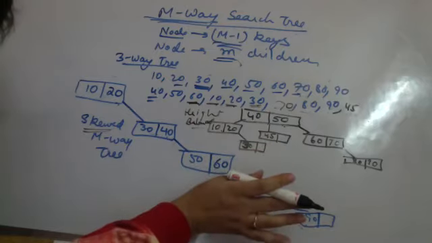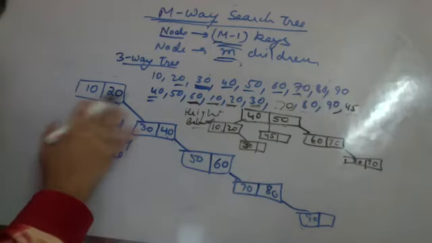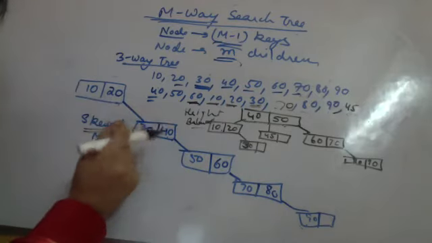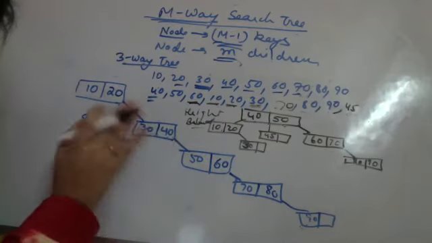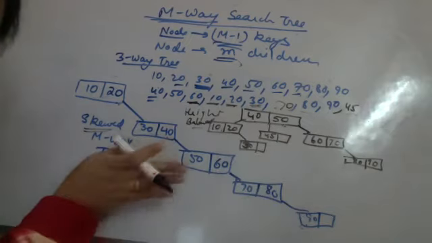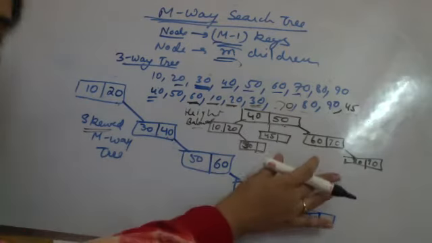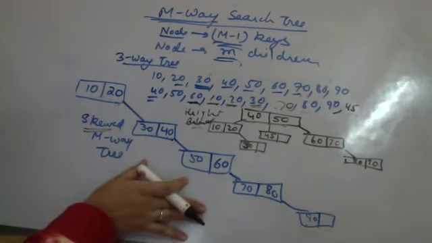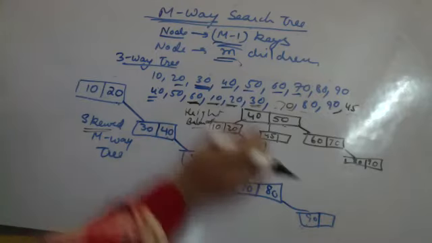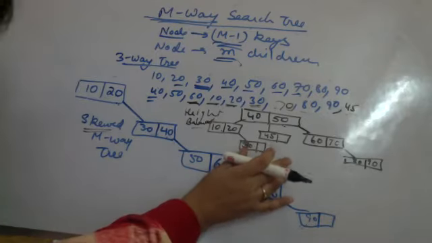Yes or no? Are you all understanding what is the problem with the normal MV tree? It can get skewed. Not necessarily. This is also an MV tree only. This is also an MV tree only. This is height balanced. This is skewed. So what we want is, we want the MV tree to be a height balanced tree.